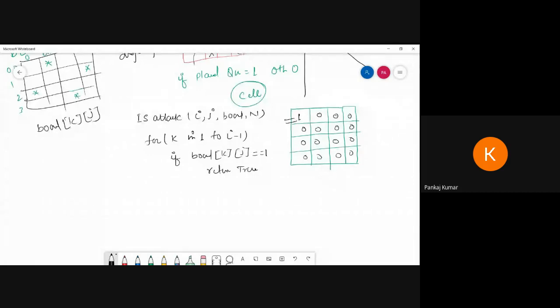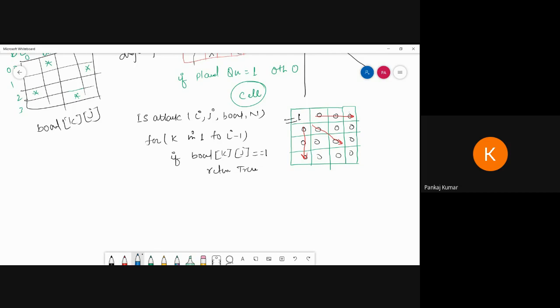So I have to check these diagonal elements one by one, this side and that side, row wise and column wise. If you want to check the diagonal elements, then the rows below are also empty, so we need to check all the diagonal elements which are above row i. So this is what we are going to perform.